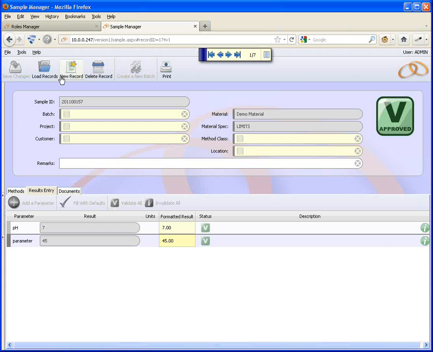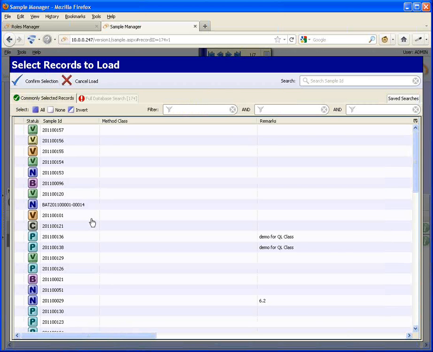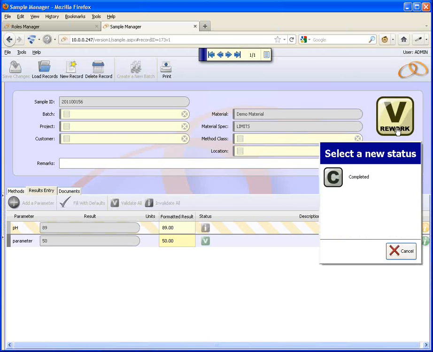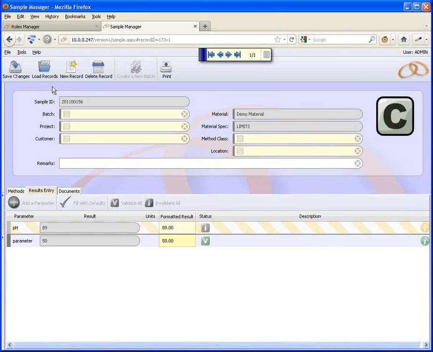Now, if I go away and find the one that was validated and rejected, I can't see where it's gone, there it is, or flagged for rework. I can't put any results in here, but I can come back into here and set it back to a status of C,